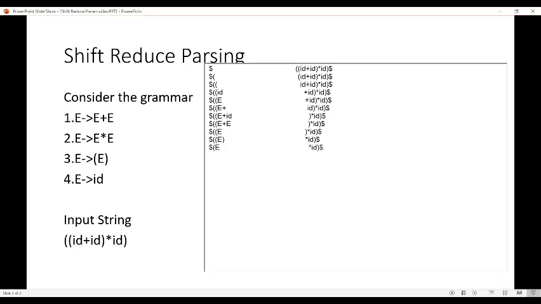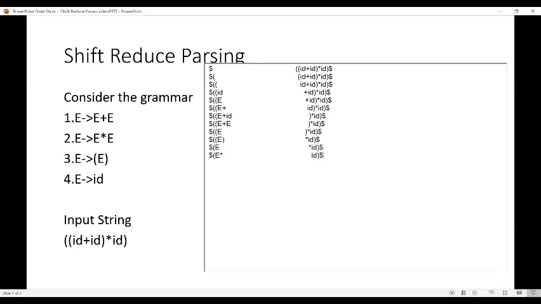So next we can apply shift operation on the input symbol. So the stack content would be dollar E. The next input symbol in the buffer is asterisk. So we are moving the asterisk symbol into the stack. After pushing it, the content in the buffer would be id closing parenthesis dollar.